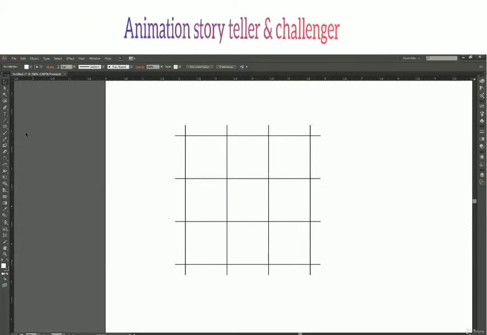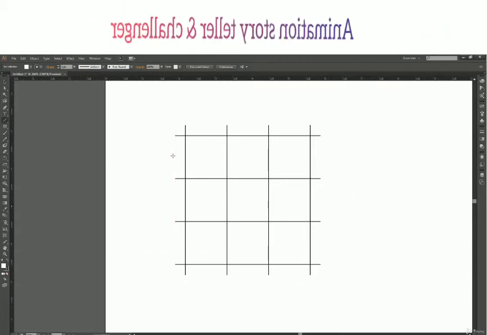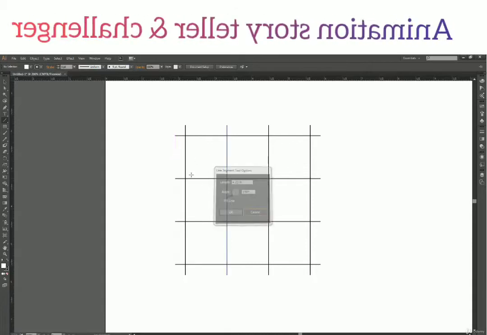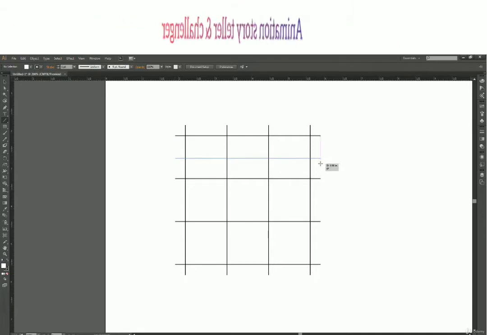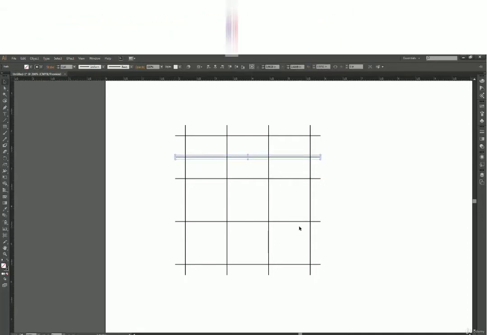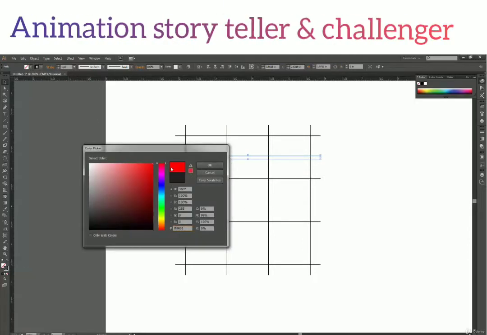Now we'll divide it in subdivision levels also. So first of all, make a line over here in the center, and it's not exactly at the center. So we should change the color for this one to red.